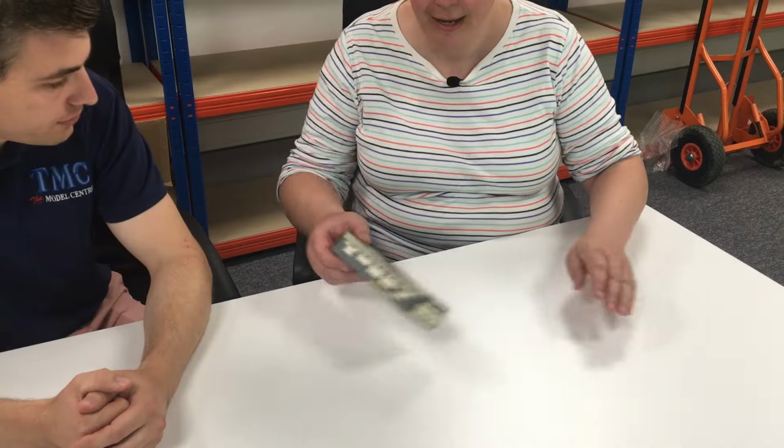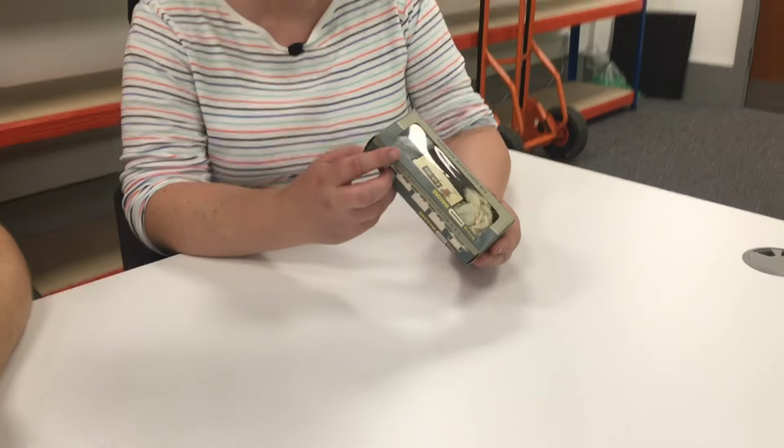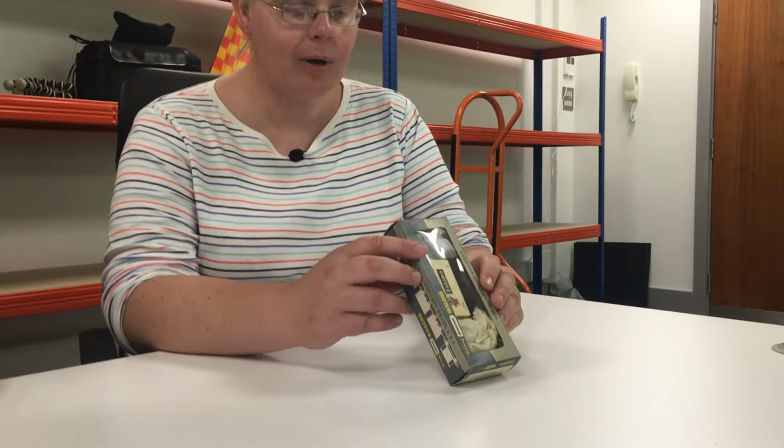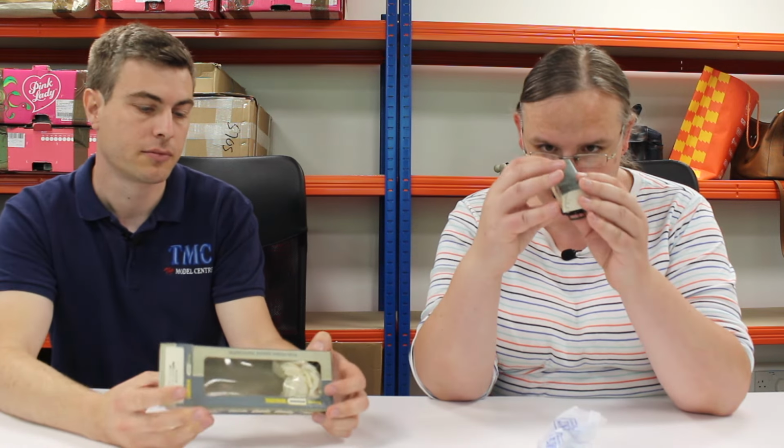Oh, good old Wren. Again, the box is in incredible condition. There's no real shelf wear to that. This is quite an old one. It says Triang Wren, so this is actually, I would say, 1970s. So this is probably not that long after Hornby 00 went bankrupt, and the tooling for a lot of the models was passed over to G&R Wren in Basildon. So the actual quality of the actual moulding...